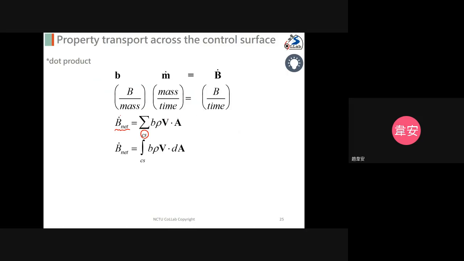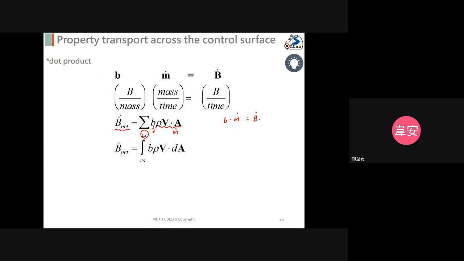As you see here, we have a small b, the intensive property, and we multiply it by the mass flow rate on the right-hand side. So the intensive property multiplied by the mass flow rate will equal the extensive property rate